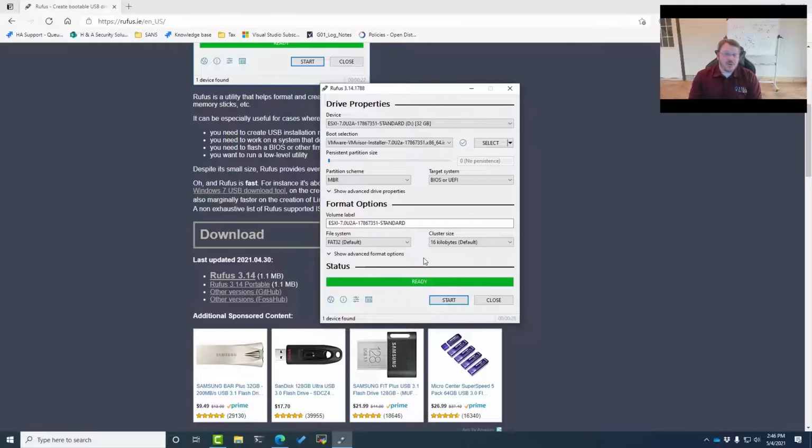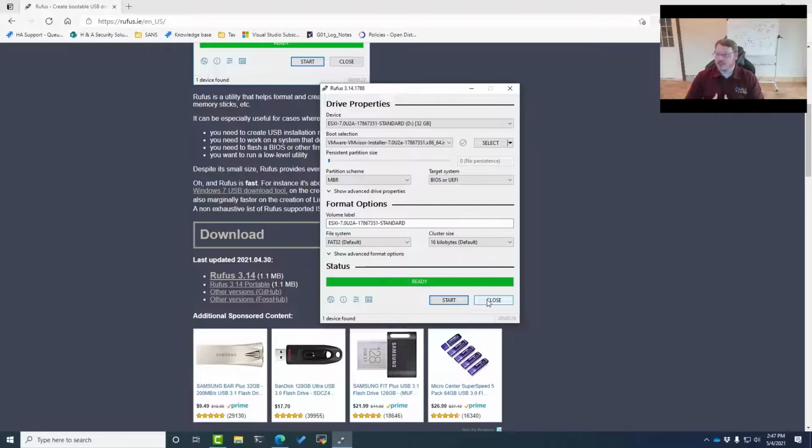But if you're doing workstations, you might have to find some modified ISOs to get like network drivers or storage drivers. So there's a lot of hardware that it's just not going to work with these. Servers tend to work way better. Workstations, not so much. So here we go. I'm now ready. I can go move and plug this into a box, and I can boot to it and